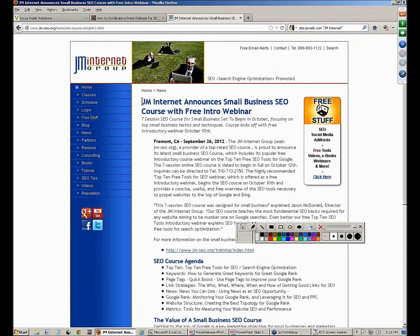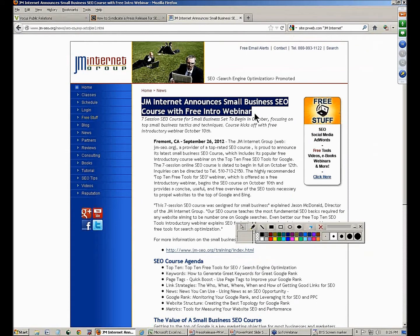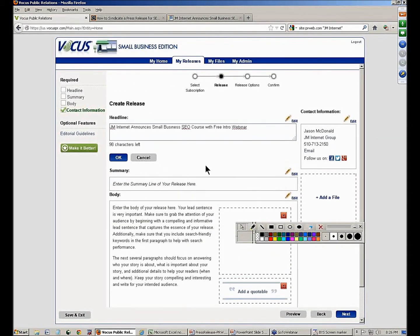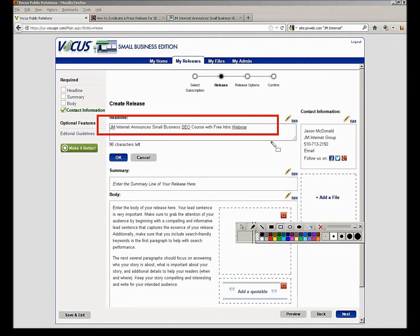And I just toggle between the two. So I've got the press release on my system. Control-C is Charlie. Go back over here to Vocus. Paste the press release. Now, the press release headline needs to have your target phrase, and they tend to be